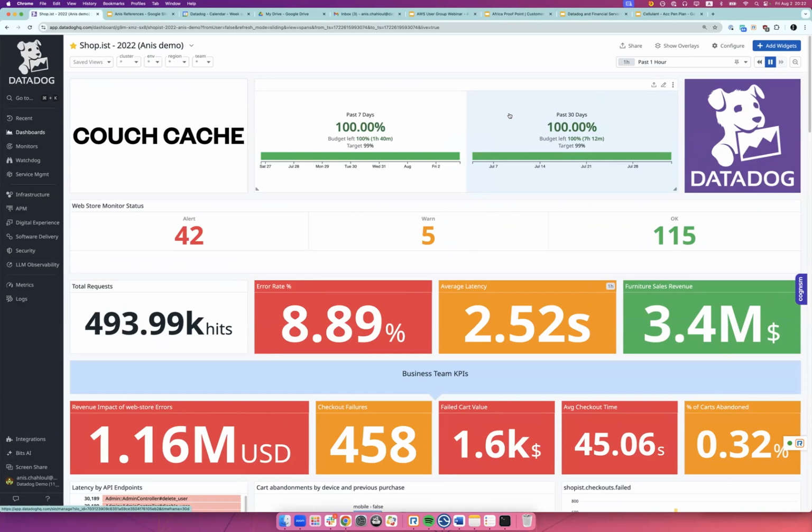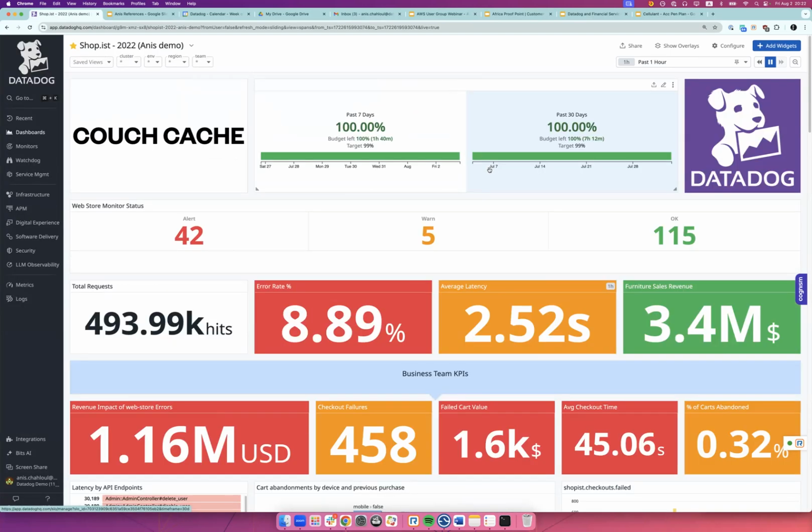We saw applications, infrastructure, logs, some service level agreements, some service level objectives, and some business KPIs. I put them all together within the same place. Ideally, if I am an engineer, I can put it on a TV mode or have it on my computer. So very fast, I understand the health of my systems.